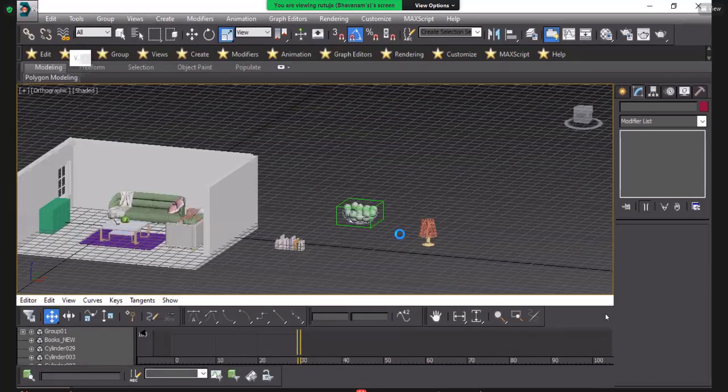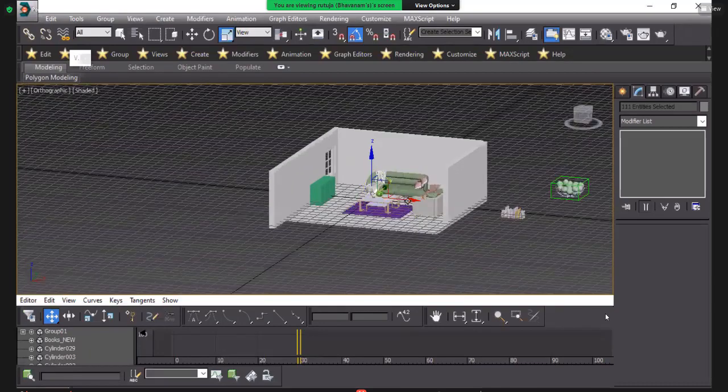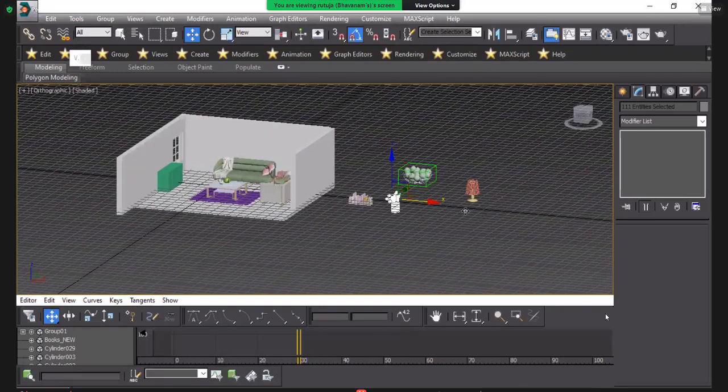Okay, press OK and get your tree. Yeah. This is here.